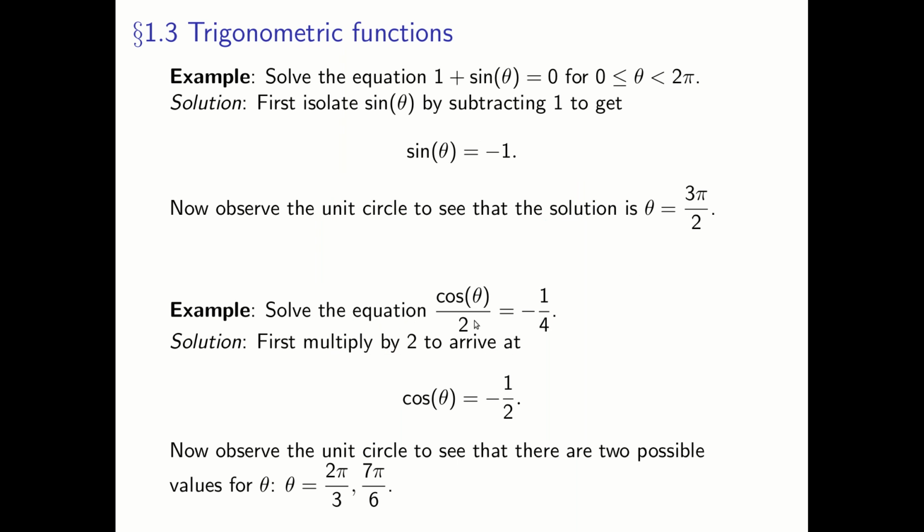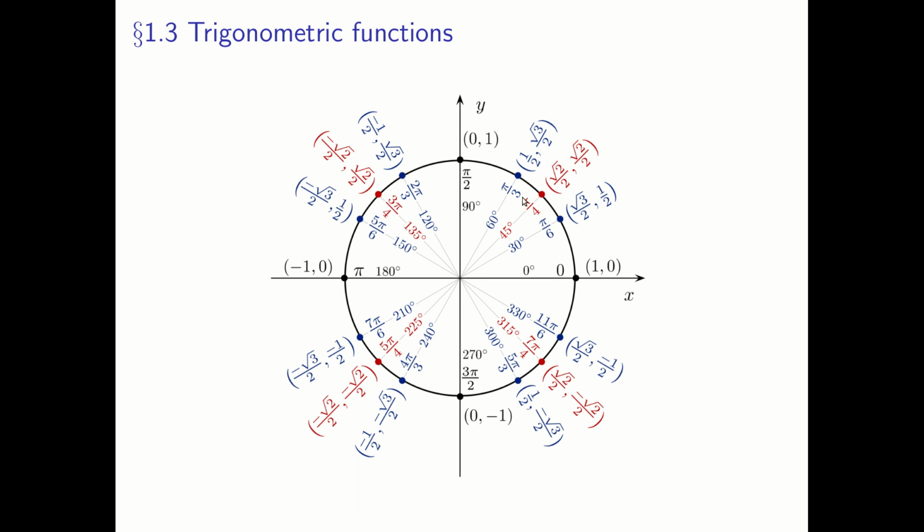Okay, here's another example. Cosine of theta divided by 2 equals minus 1/4. Again, I want to isolate the cosine, so I'll multiply by 2 and I'll end up with this equation. And this is saying the cosine of theta is negative 1/2. That is, the x-coordinate of the point on the unit circle must be minus 1/2 if we're going to say that theta is the answer. So we will go back to the unit circle and we'll say, okay, look through all